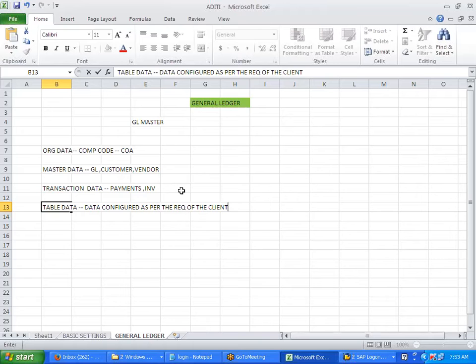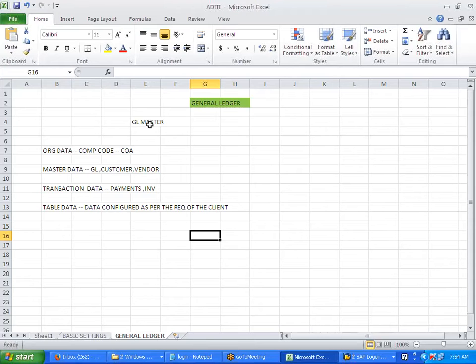Okay, so I'm looking into the GL master initially.